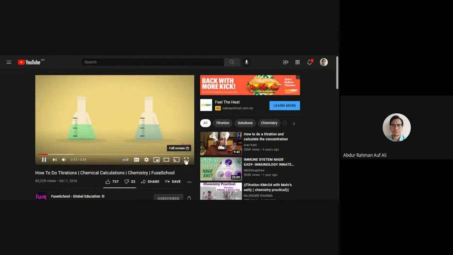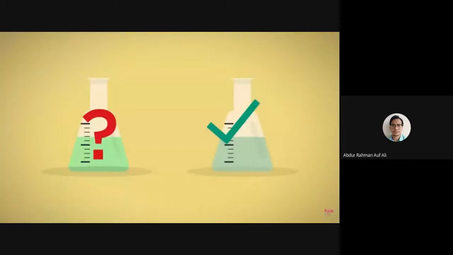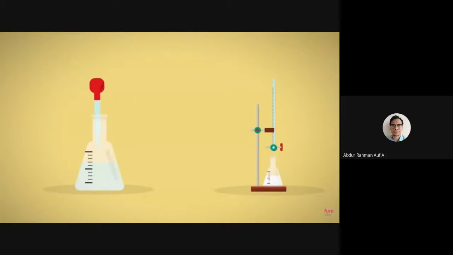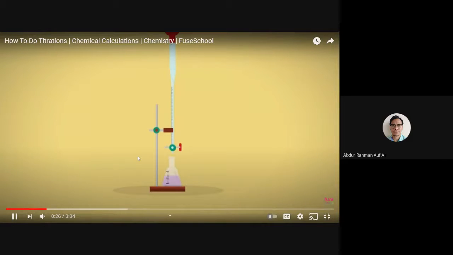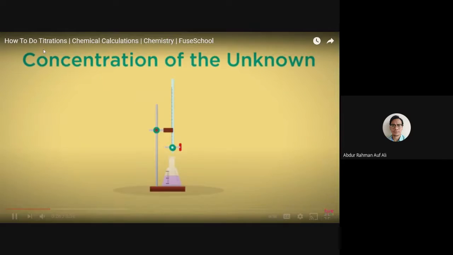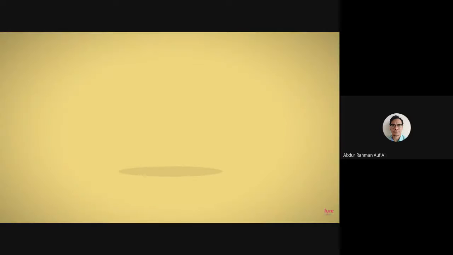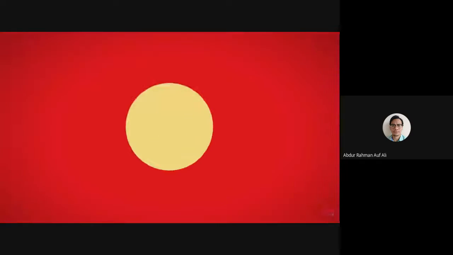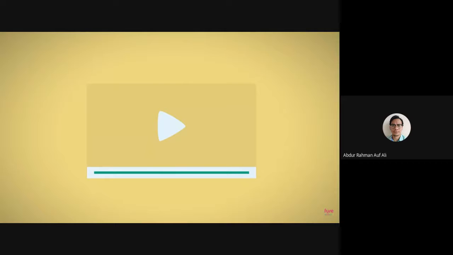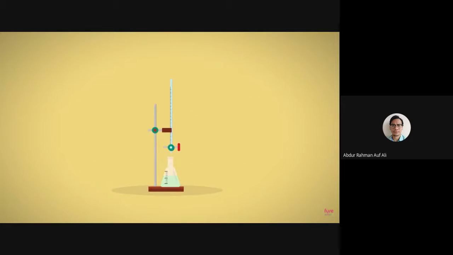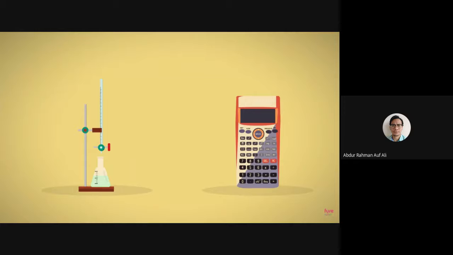A titration is a technique used to work out the concentration of an unknown solution when you know the concentration of another solution. You carefully add the known solution to a set volume of the unknown solution until the reaction is complete. This enables you to work out the concentration of the unknown solution. You may need to use an indicator to signal the end of the reaction. You can calculate the concentration of an acid or an alkali by carrying out a titration experiment. In this video, we are going to look at how to carry out titrations. In the next video, we will look at the calculations.